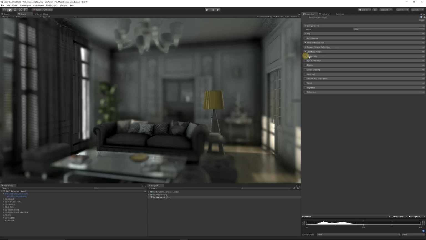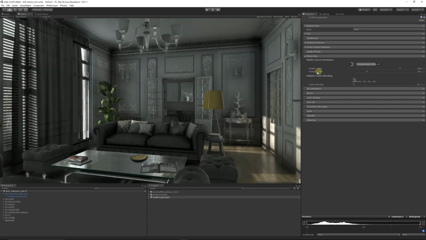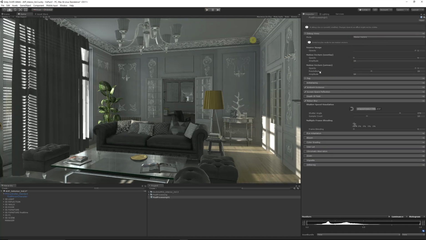Motion blur is another similar one which can quite heavily impact performance, because it will create a blur burst based on the motion that you have within your scene. So if I enable it, we can apply the motion blur, and it will blur the edges as we move with the camera. And we can use a debug mode to look at that, and we can choose motion vectors,